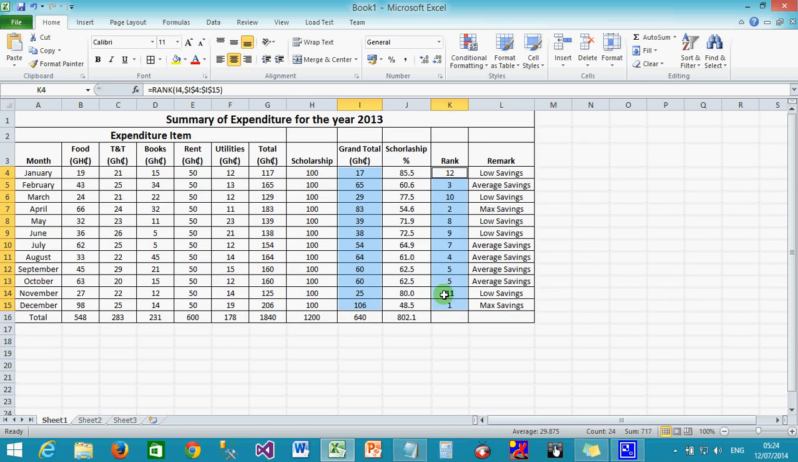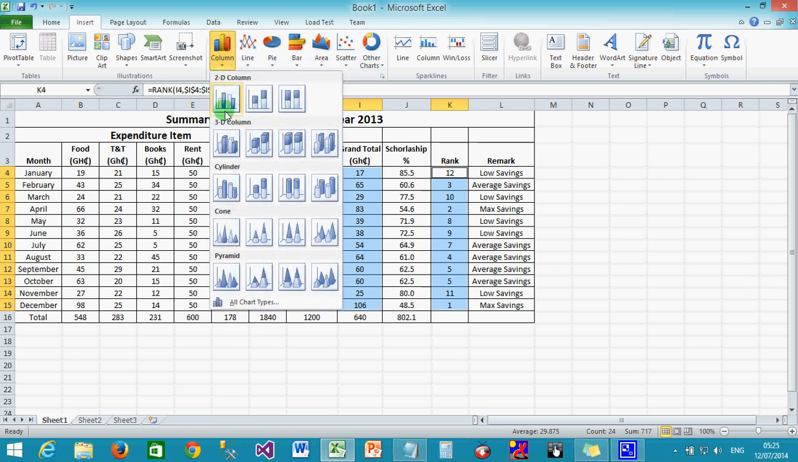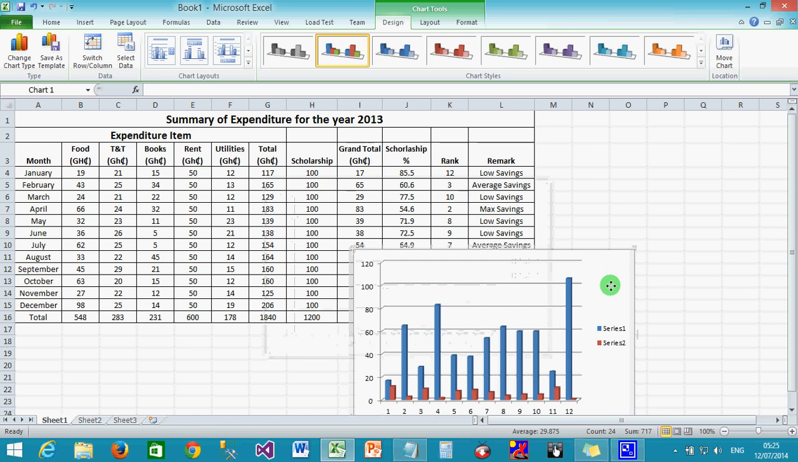Now after selecting these two sets of data, I'm going to the insert menu, click on it. I want to use a column chart to display my data, so I click on column, and then when I click on any of the columns I have here, I get my data. So we have series 1 representing the grand total, and then series 2 representing the scholarship. Now how do you get this? You can do this by highlighting the headers